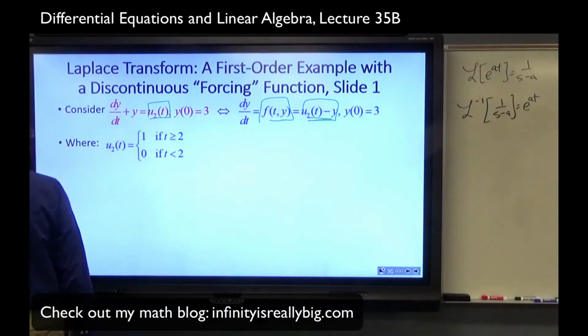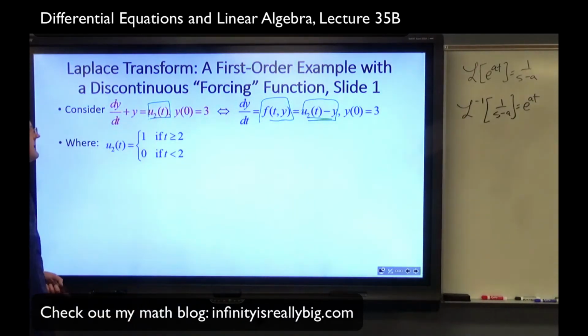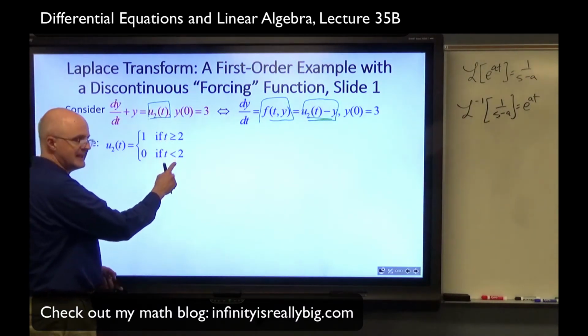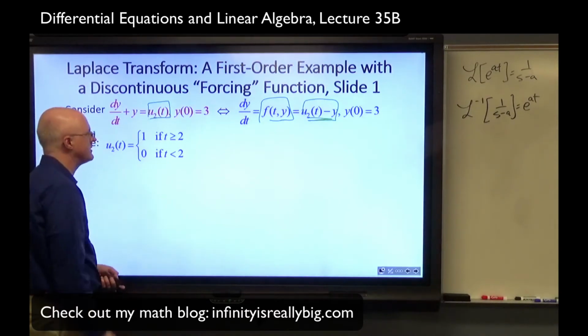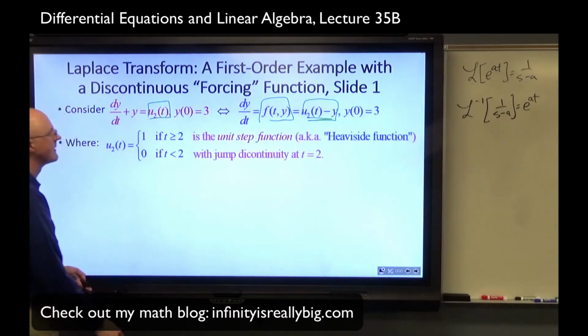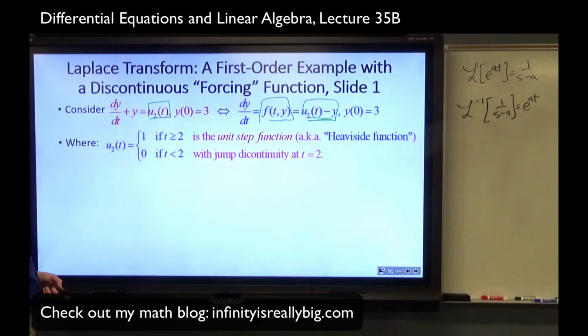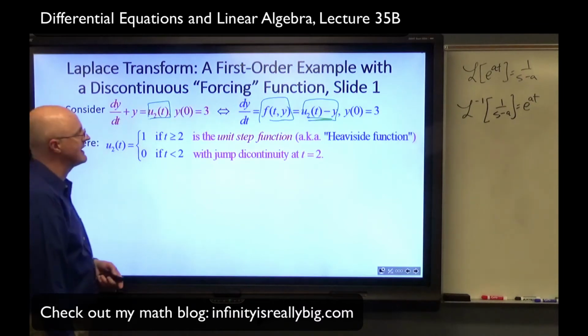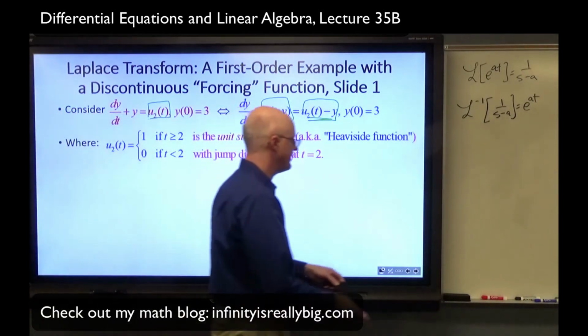Yeah, u2 of t is 1 if t is greater than or equal to 2 and 0 if t is less than 2. Could I make this a greater than and this a less than or equal to? Well, yeah, I guess you could if you wanted to, but this is standard. It's called the unit step function, also called the Heaviside function, in honor of somebody named Oliver Heaviside, with jump discontinuity at t equals 2. If you graph it